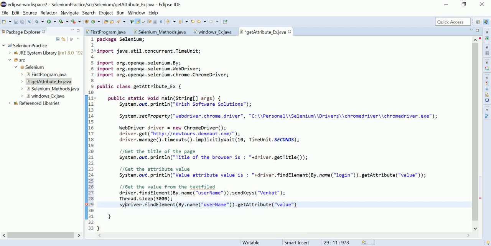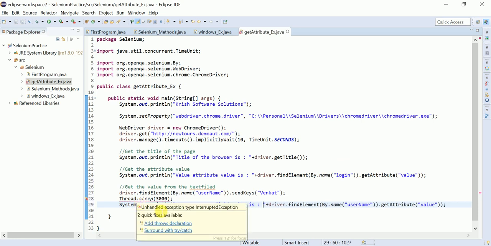I want to print this. Get attribute value, and also I am mentioning here, username text field value is. Fine.